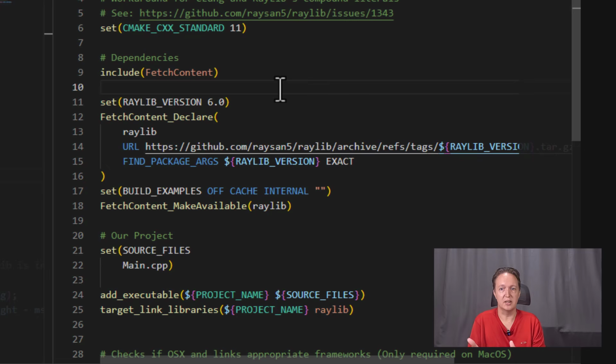Now, there are other ways to link to libraries too. For example, I don't think I'd use fetch content for something as huge as Unreal Engine. There are other ways to do that. If you want to learn how to use more of CMake,